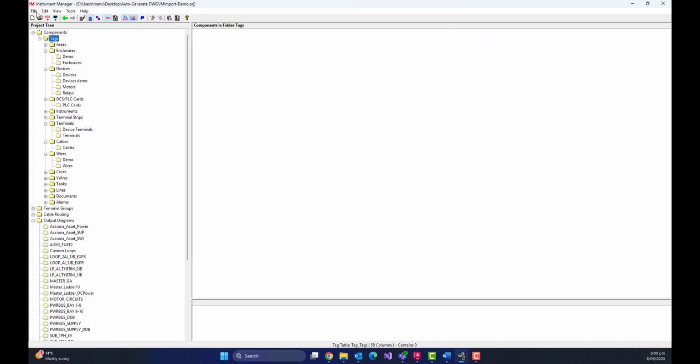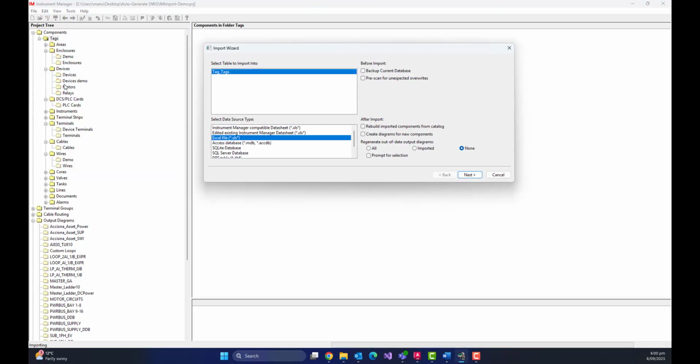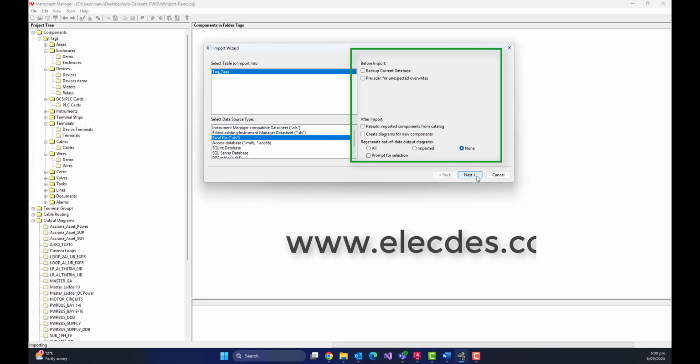We'll now import the data from our example Excel file into the IM database to generate the drawings. From the Import Wizard dialog, I first choose the type of file to import, which in this case is an Excel file. This dialog also includes before and after import options. For a more detailed demonstration of these advanced functions, visit